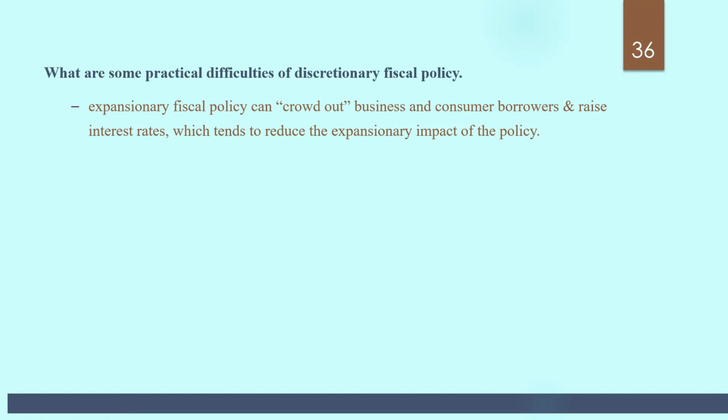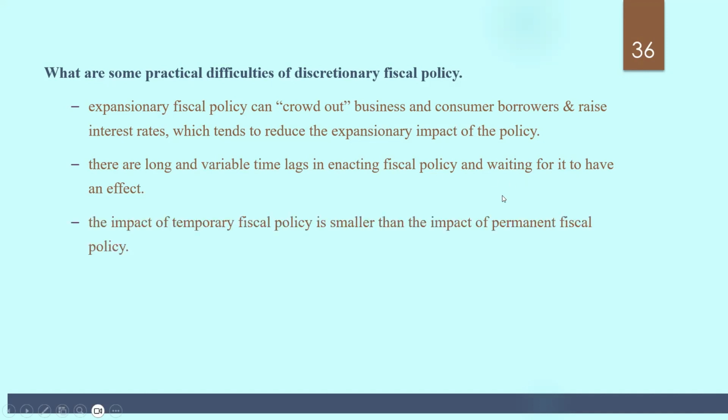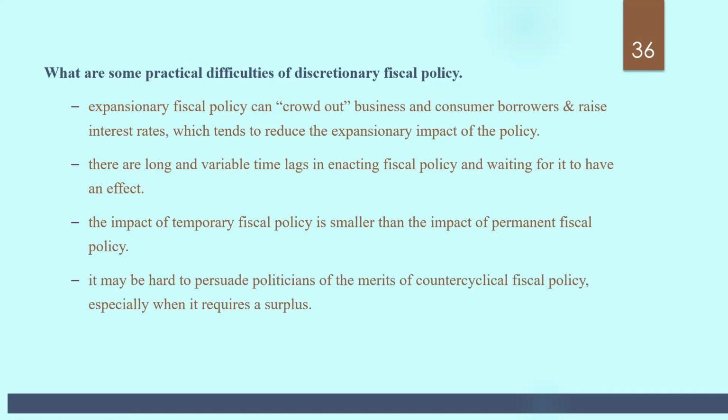So if the government spends too much, that can raise interest rates, which is not a good thing. And exactly, you'll have to cut spending later, like Christabel said, because the interest rates are too high. There are long and variable time lags in enacting fiscal policy and waiting for it to have an effect. The impact of temporary fiscal policy is smaller than the impact of permanent fiscal policy. It may be hard to persuade